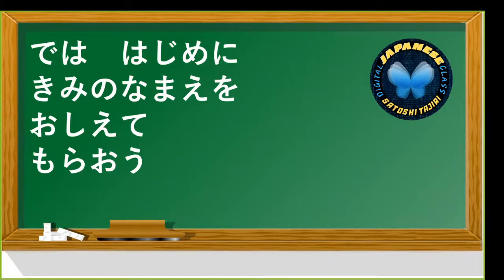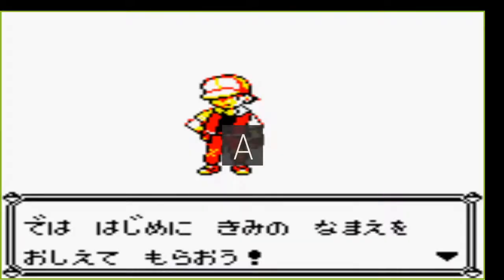Kimi no namae. Okay. Kimi no namae o oshiete morau. Okay. Oshiete morau. So like saying here, please tell me your name. Tell me your name. Okay. So oshiete morau. So let me tell you your name here. Okay. So in this picture,